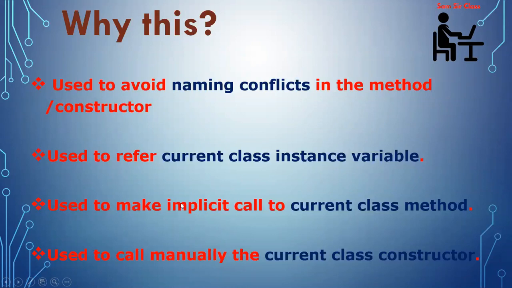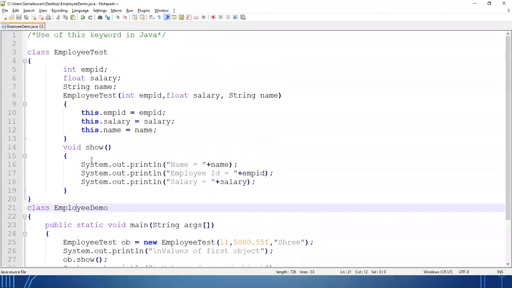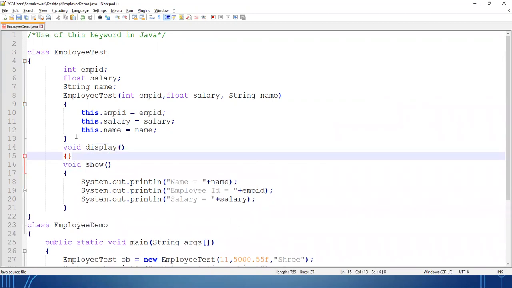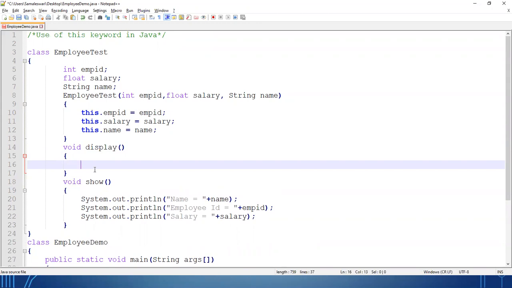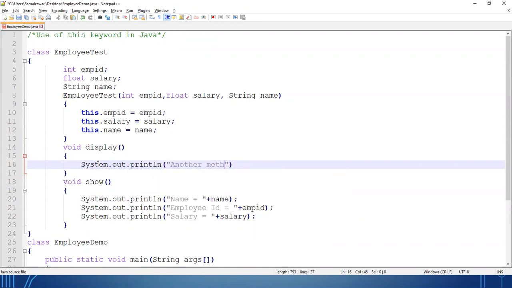Now, one more approach is that it is used to make the implicit call to the current class method. Current class method means what? Now I have to call one more method. Suppose in the same example I am writing a void display method, and I am printing another method inside the class.